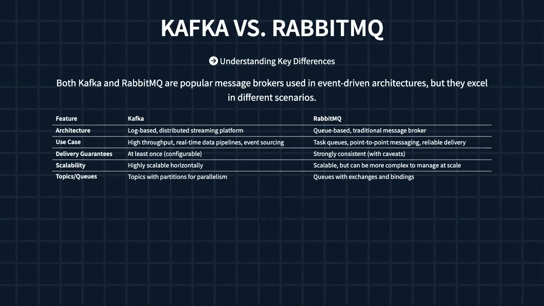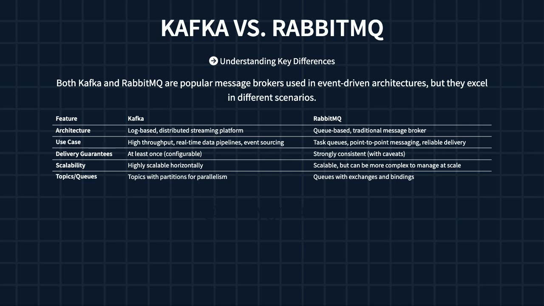Okay, let's talk about Kafka versus RabbitMQ. Both are fantastic message brokers, but they are built for slightly different jobs. Think of Kafka as a super efficient data pipeline. It's designed to handle massive amounts of streaming data and is really good at things like tracking events over time. RabbitMQ, on the other hand, is more traditional. It's typically used when you need reliable delivery guarantees, like ensuring that a message gets through even if a system hiccups. Kafka is all about scale and speed, while RabbitMQ